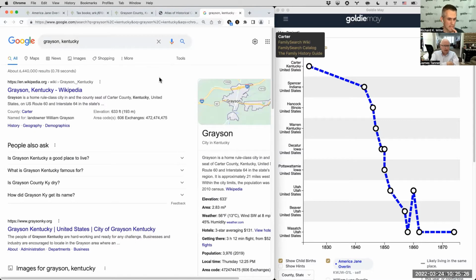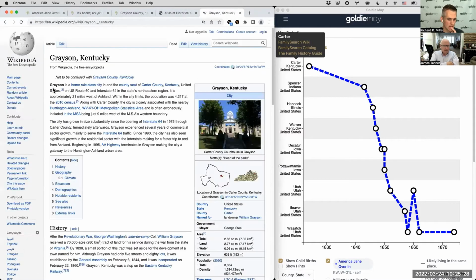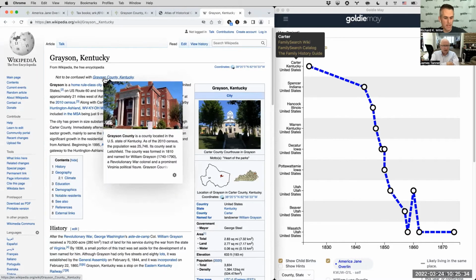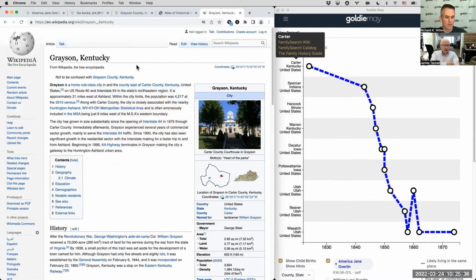Grayson, Kentucky, click that. It's a city. Now it's in Carter County. So there's going to be some confusion here, because there's a Grayson County and a Grayson town. So here we have a question. We're going to have to look in both places to make sure that we're not